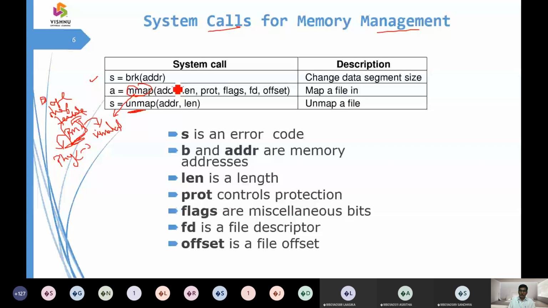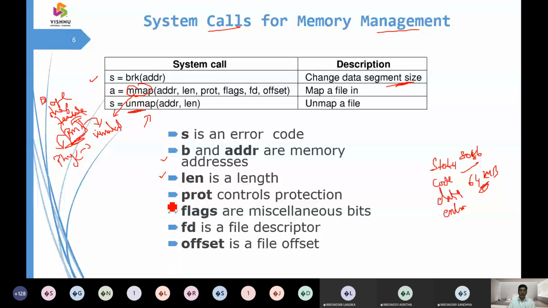Here you can see the segment size, how much segment we are going to have. If I take the 8086 microprocessor, then the segment is going to be 64 KB. It can be a stack segment, a code segment, a data segment, or an extra segment, right? All of them have a segment size of 64 KB. Then we will have the base address, followed by how much length it is going to occupy.